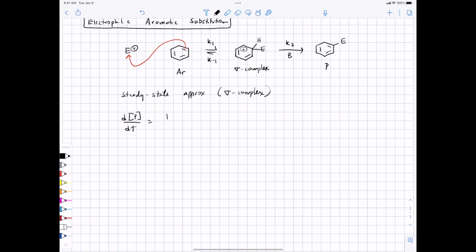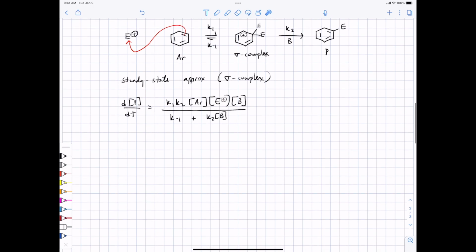And you know, I'm not going to derive this for you. Doing so is just similar to what we've done previously. It depends on the presence of the electrophile, the arene, some base, and then in the denominator you've got K-1, which is the backwards rate. That's downhill from the high energy intermediate, and then you also have the K2B term in the denominator. So if the K, let's see, if K-1 is